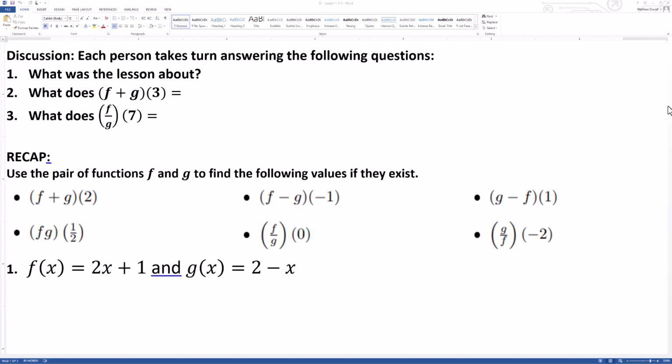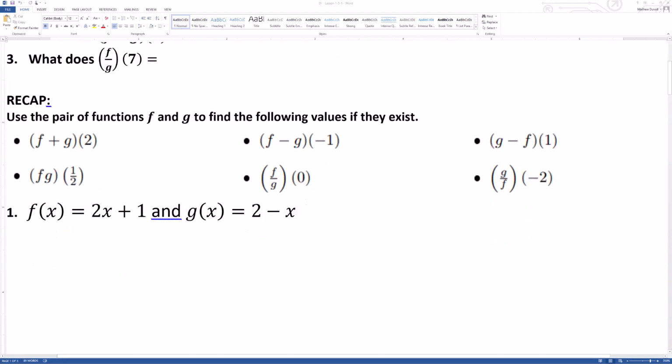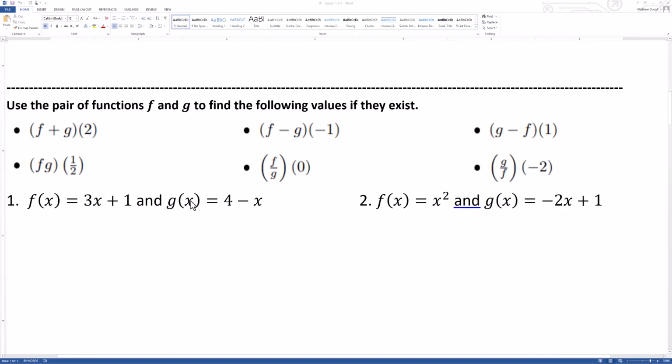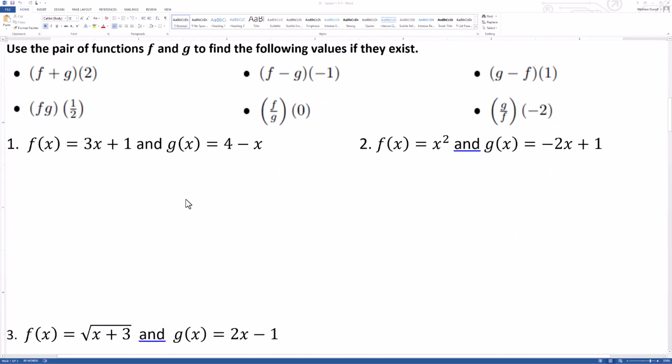All right, so going over this DI. It says these are the pair of functions f and g, to find the values if they exist. So you have to do each of the 6 bullet points for each of these. So if it says